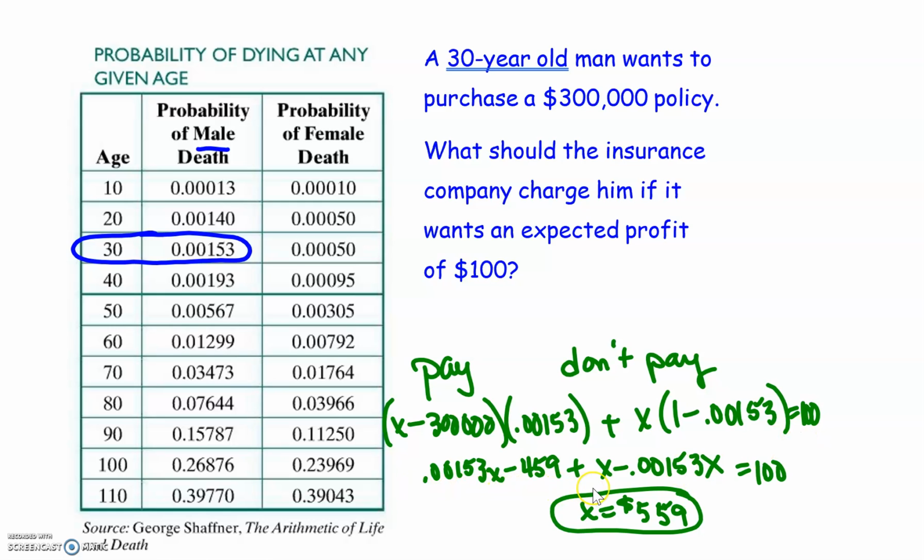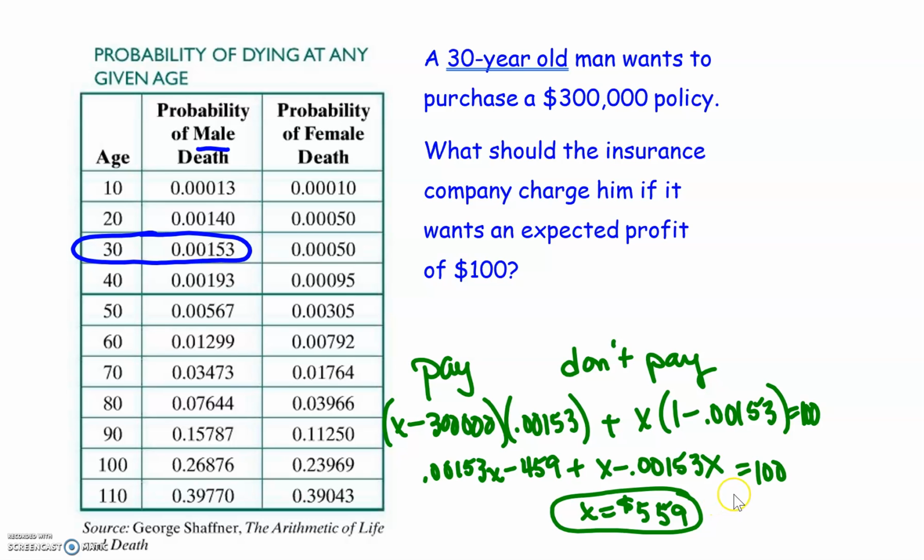So we do a little bit of algebra here, distribute, cancel like terms, move everything to one side, and determine that X should be $559. So if that's what the company charges, they should expect to get a $100 profit for every insurance policy